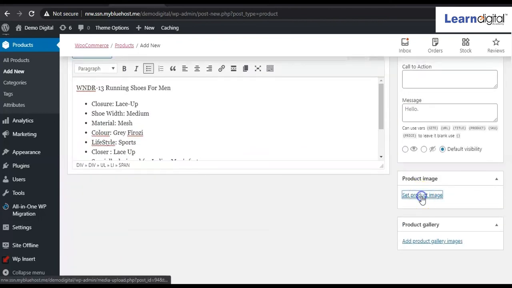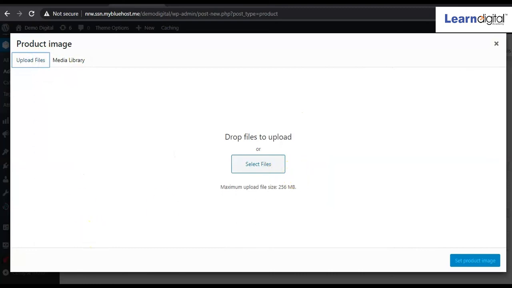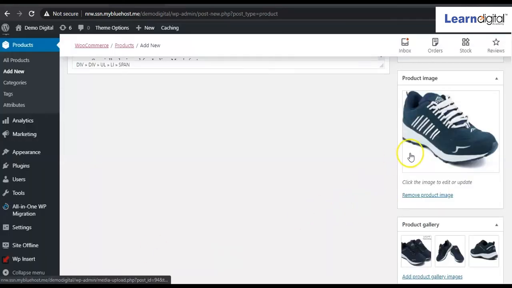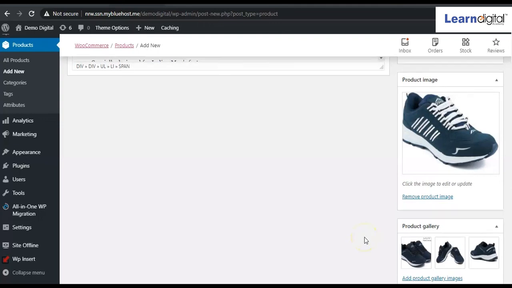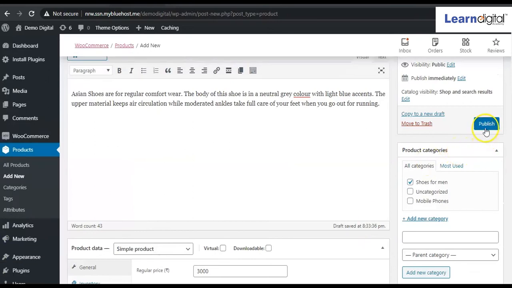And now again you have to set your product image. So take the product image from your gallery, click on upload and click on select. So guys, here you can see I have set the main image of the particular product, that means shoes, and here the gallery, that means how that product's appearance will come over there in image form. So that thing we have added. Now simply come here and click on publish. So till now we have added two products.